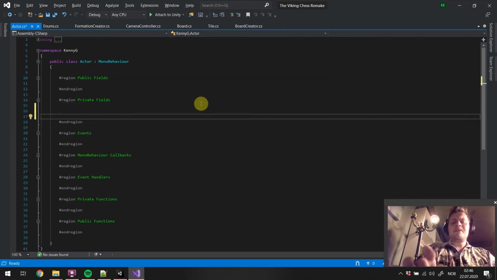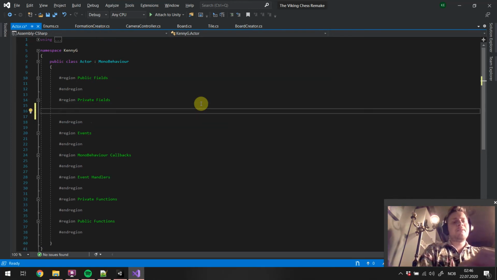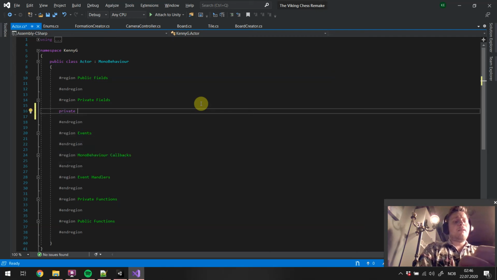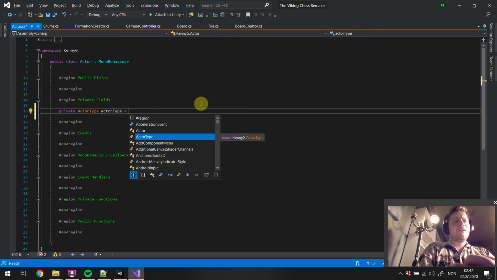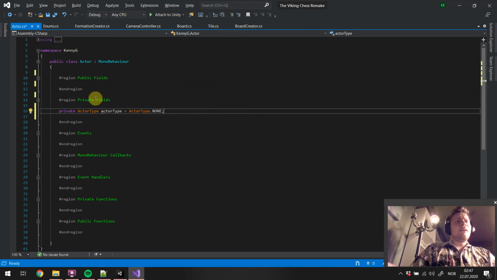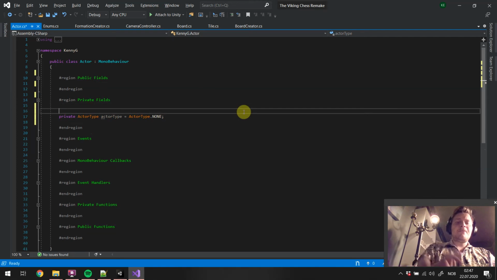If you're not familiar, we can create a private field, private ActorType equals ActorType dot, it's gonna default as none, and then we have to set it in the inspector, but